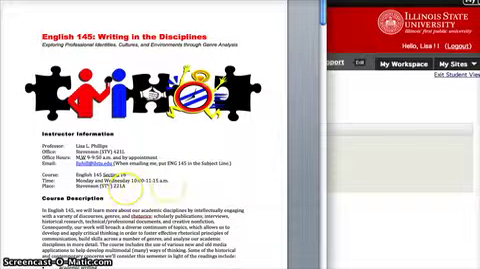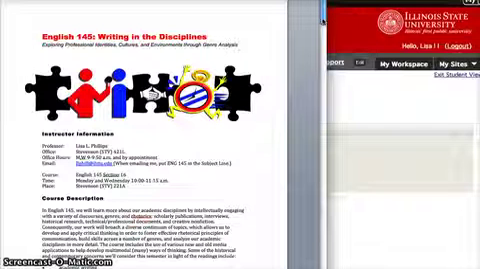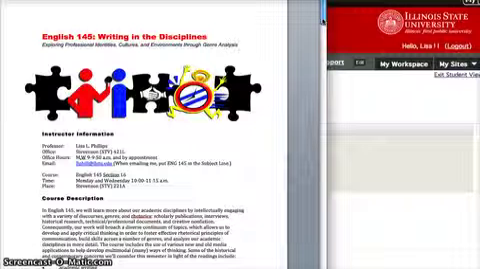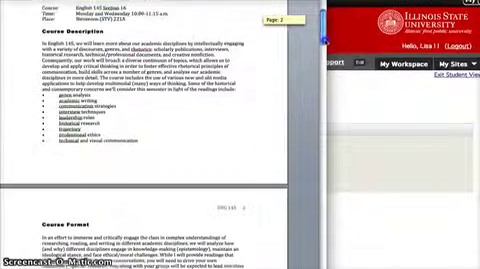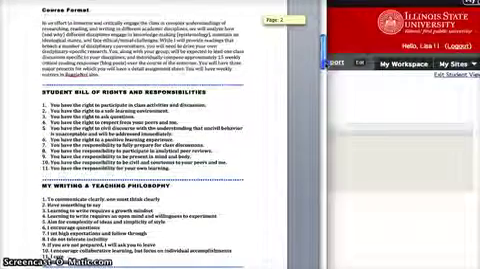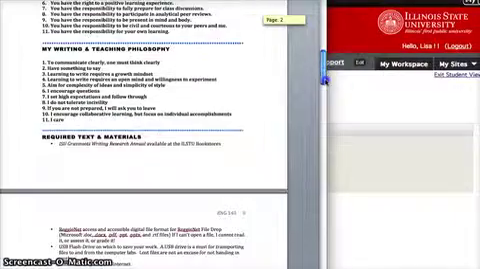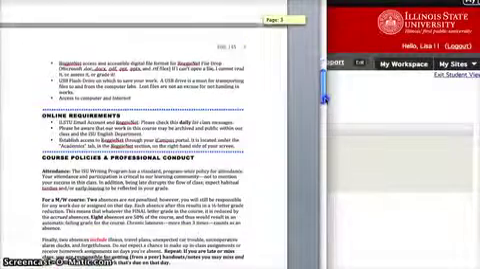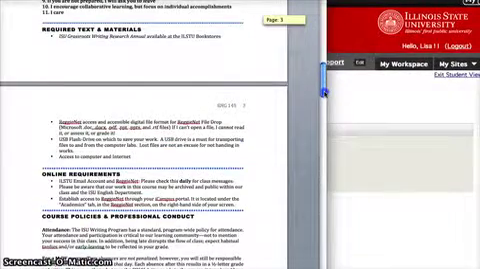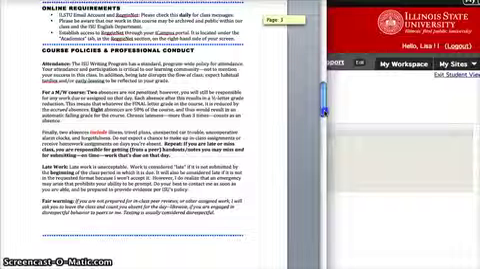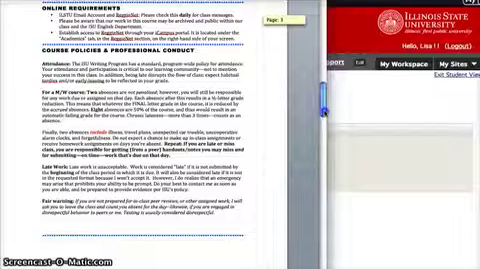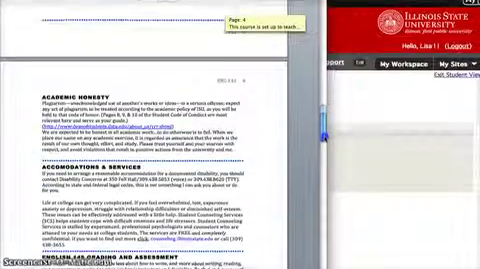We're going to be meeting in Stevenson 221A on the 2nd floor. I love this room. I think it's a great room, really good for group work and collaboration, which we're going to do some of this semester. I have the course description, format, your Bill of Rights and Responsibilities, how I feel about writing and teaching, texts, although we're going to discuss that, online requirements. Clearly you have to have access to the internet, to Reggienet, course policies, professional conduct, attendance, for example, late work, the standard